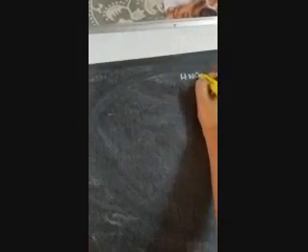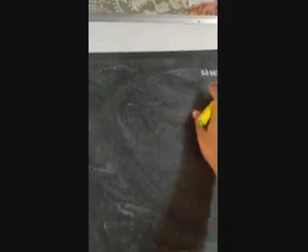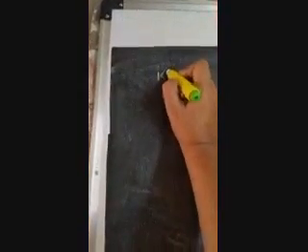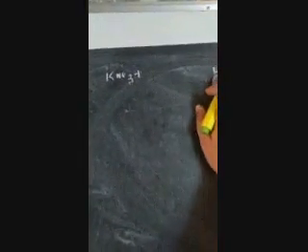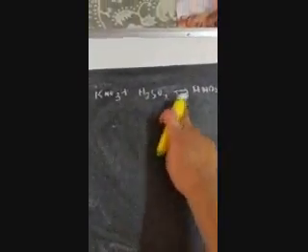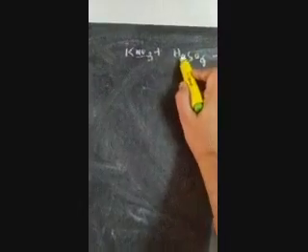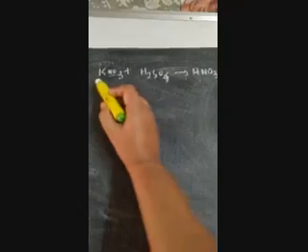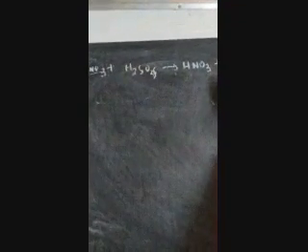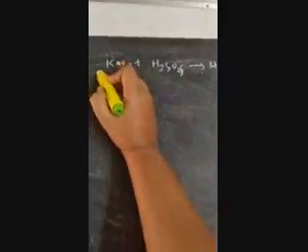From salts, suppose we want to prepare nitric acid, I'm doing it again because my ink was not there in the pen. Here we need the salt of nitric acid, that is KNO3, and the source of H. We have taken a source of H as another acid which is less volatile than nitric acid. Now what will happen? This nitrate and this hydrogen will combine and give you nitric acid, and this potassium and sulfate will combine to give you K2SO4.